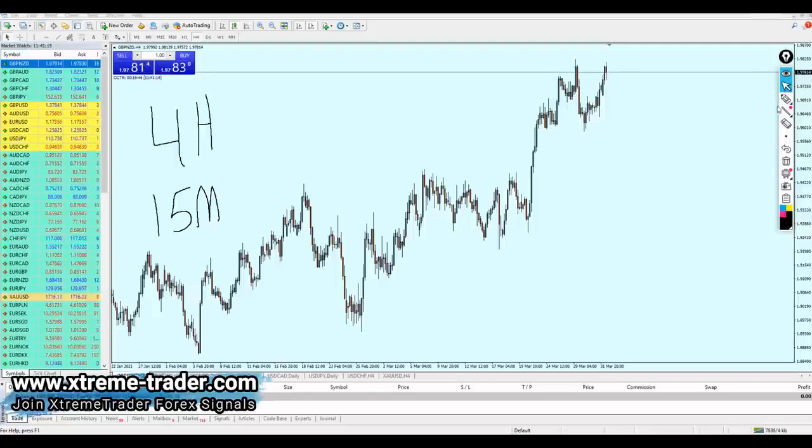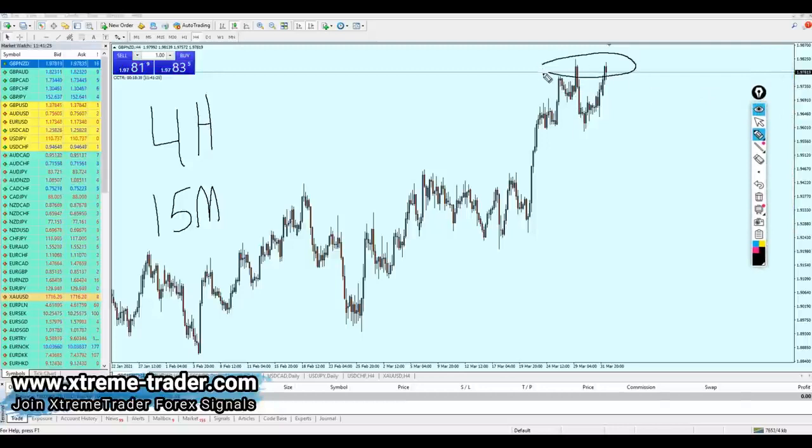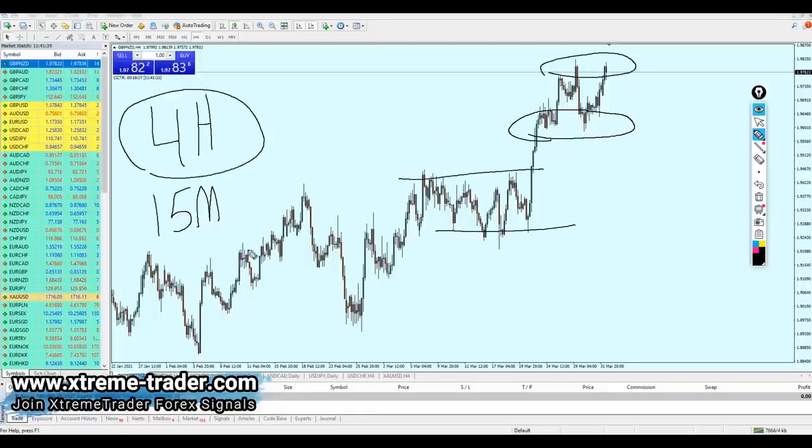So let's just make it very simple. On the 4-hour time frame, I'm going to identify where my current location on the market is, if I am on a resistance level or if I am on a support level. The only purpose of the 4-hour time frame is to find out if I am on a resistance or support. That's it. Now we need to switch to the 15-minute time frame. On the 15-minute time frame, all the magic is happening, because there we will identify exactly where we are going to place our buy order and sell order.